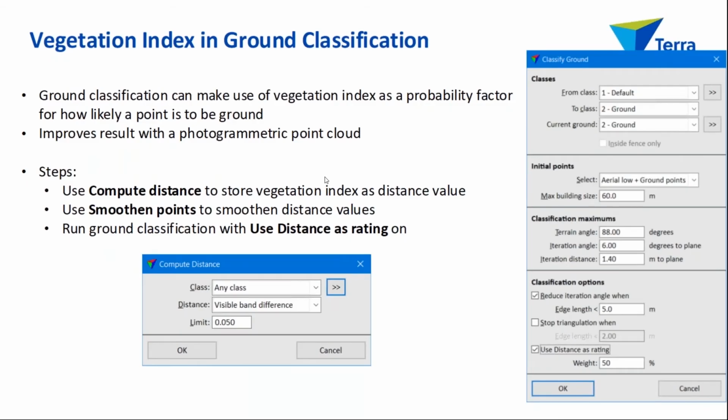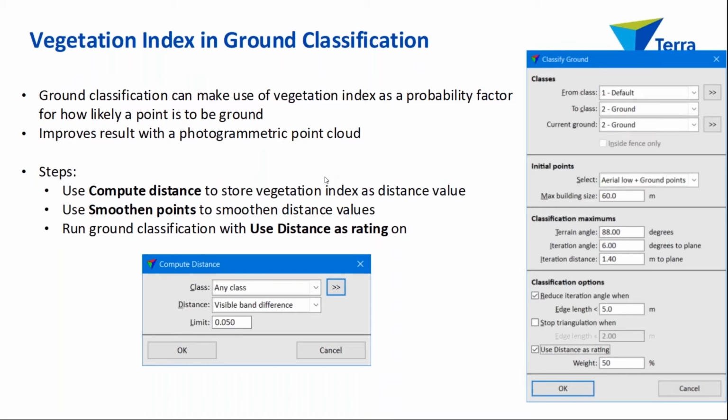There's two important capabilities added to ground classification. They are very similar to each other. I first implemented the option to use vegetation index in the ground classification. And more recently, I've added the option of using echo length in ground classification. For a longer time, we have been able to use vegetation index